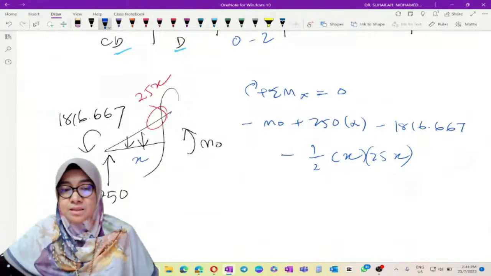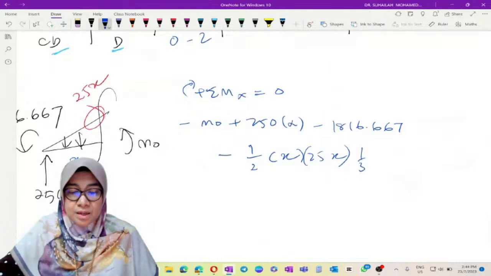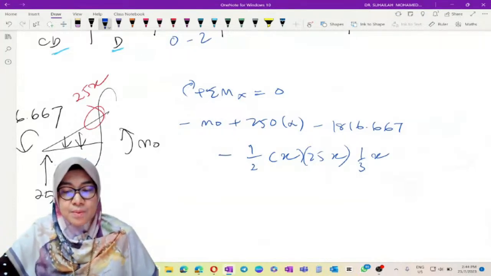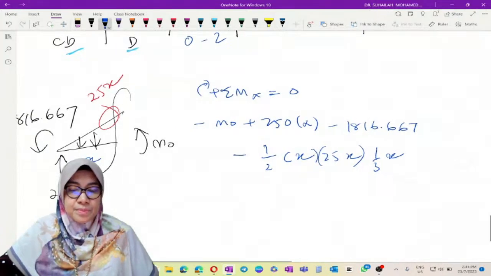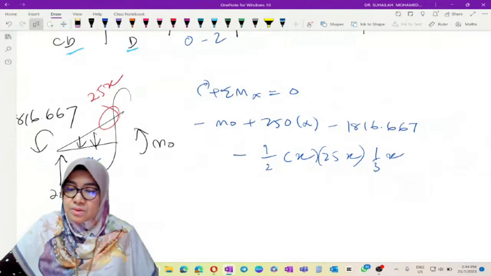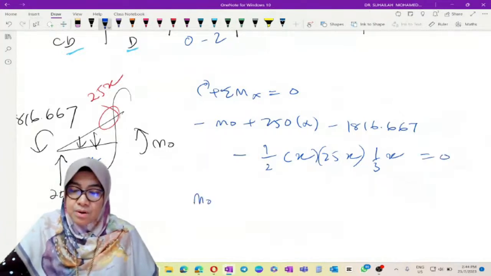And the distance is 1/3 times x. Plus 250x, and this is equal to 0. So we get M naught equal to 250x